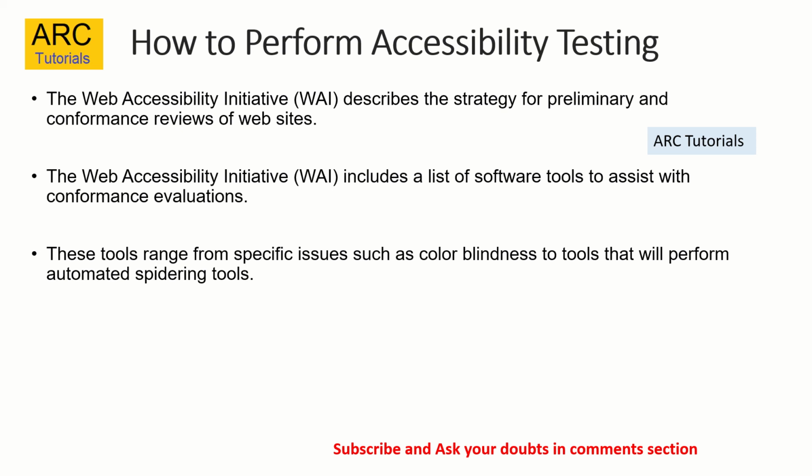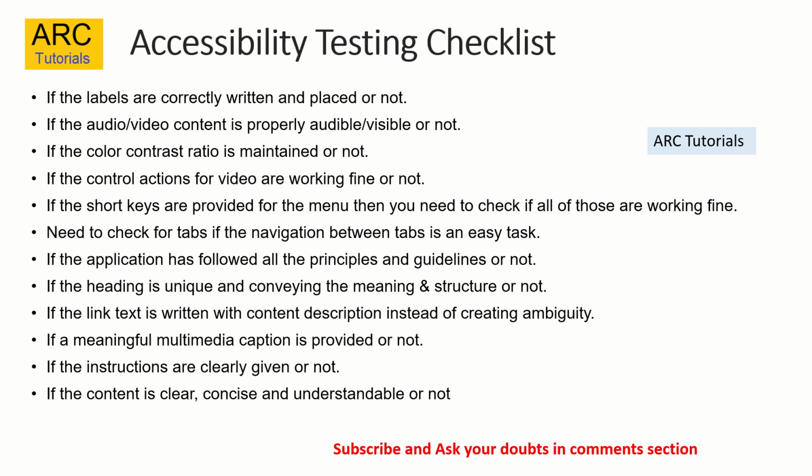So what are some of the basic checklist items? As a developer, I have come up with this list that will help you whenever you're developing any software. Think about these conditions that I've written and make sure that you are answering them true, because this checklist will help you understand the accessibility rules and also help you improve your application. So let's go through them.